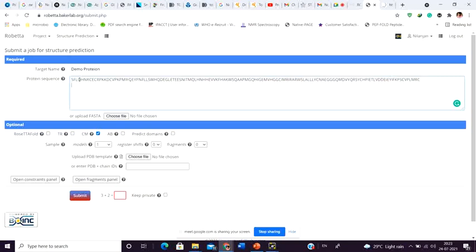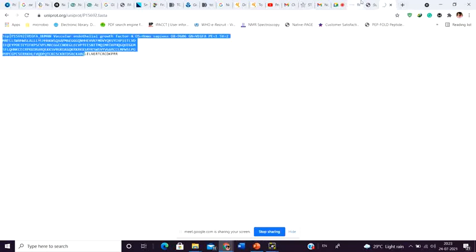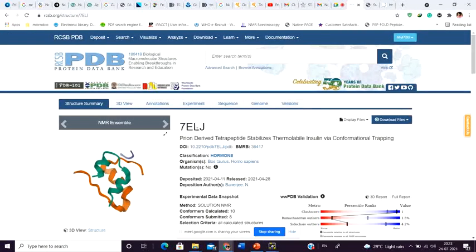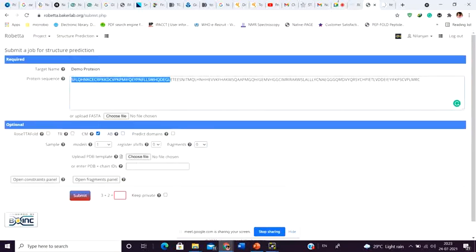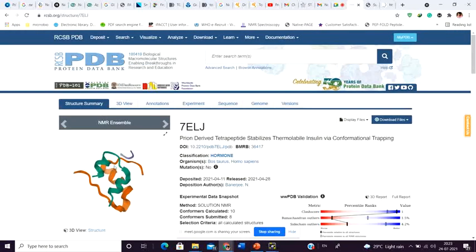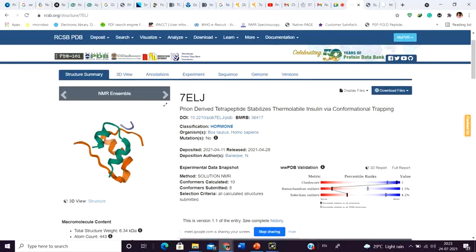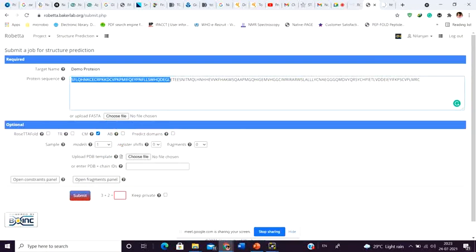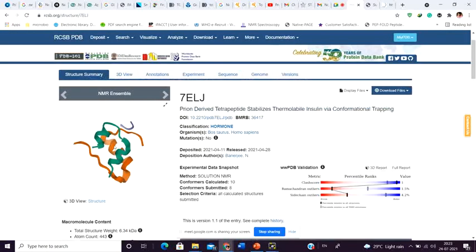And if they find there is a particular protein that has a domain similar to this protein, suppose this domain is similar to this insulin protein, they're going to take the structure from this insulin protein and provide that this protein, or at least this fragment, is going to have a structure like this.